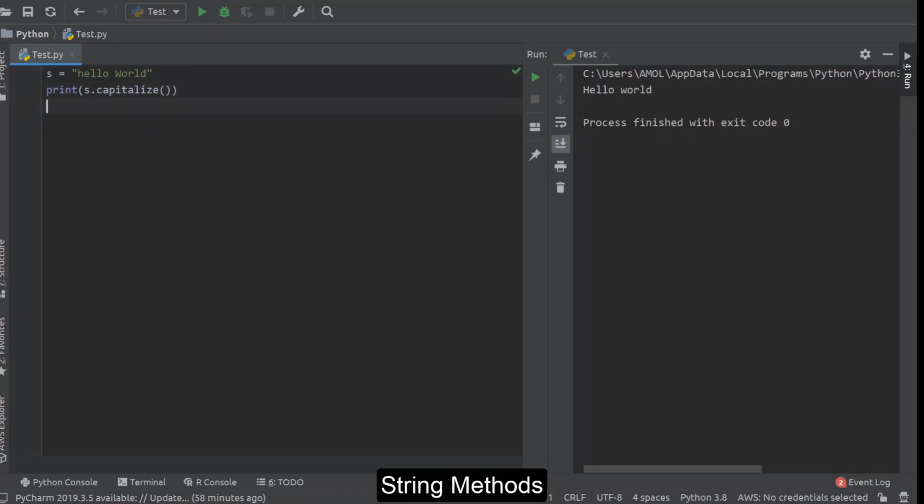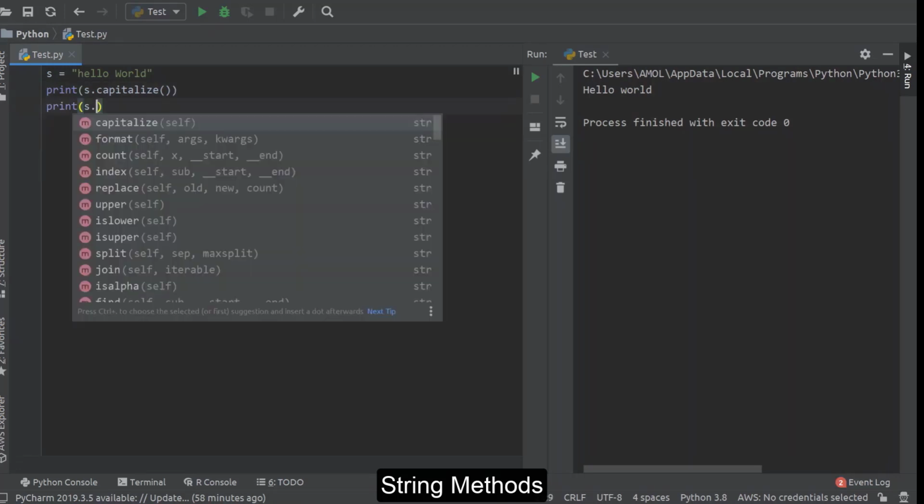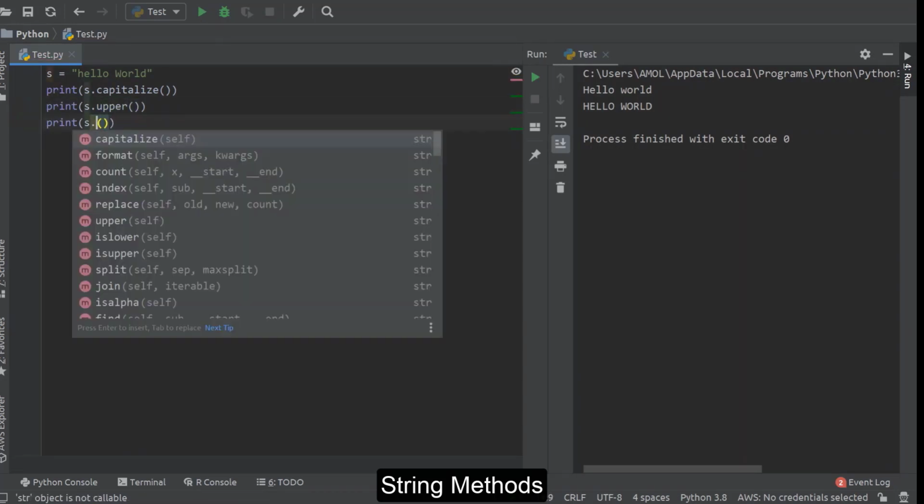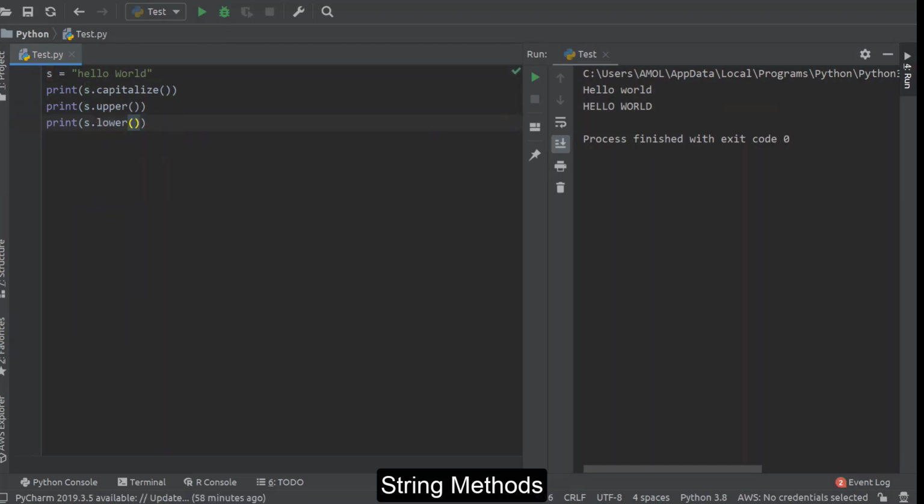Next, there is the method upper, no need to explain it, it will convert your string to uppercase letters. On the same line there is another method, lower. These methods are very easy to understand. It will just print everything in lowercase. Then there is another method, title. It will capitalize title letters only, so in that case you can see this w is also coming as a capital letter.